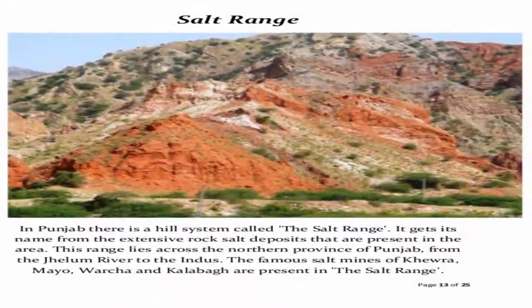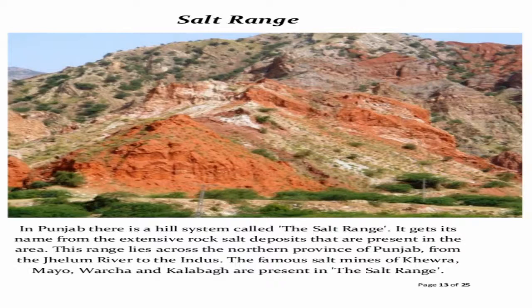Our fourth mountain range is called the Salt Range. Well, guys, the Salt Range is also a hill system in Punjab, and the name Salt Range is derived from the deposits of rock salt. The range extends along the south of the Potohar Plateau and the north of the Jhelum River. Well, guys, the Salt Range contains great mines of Khewra, Kalabagh, and Warcha. Sakesar is the highest peak of the Salt Range,